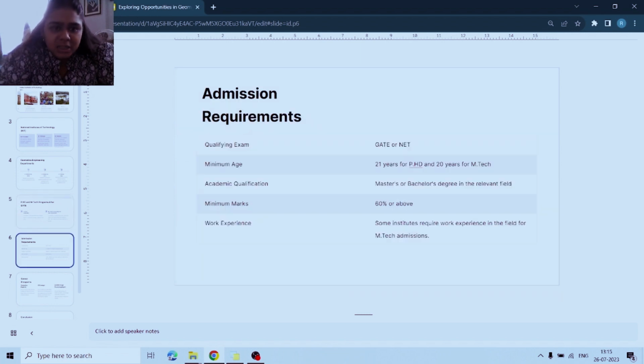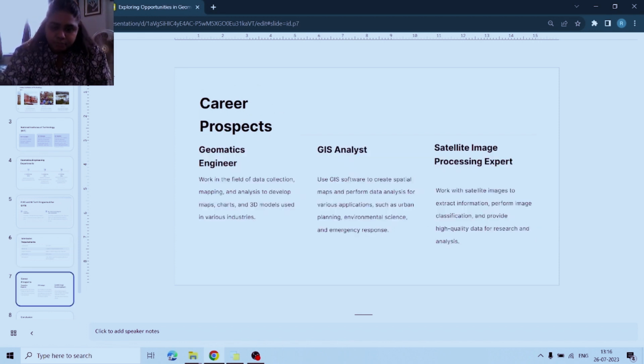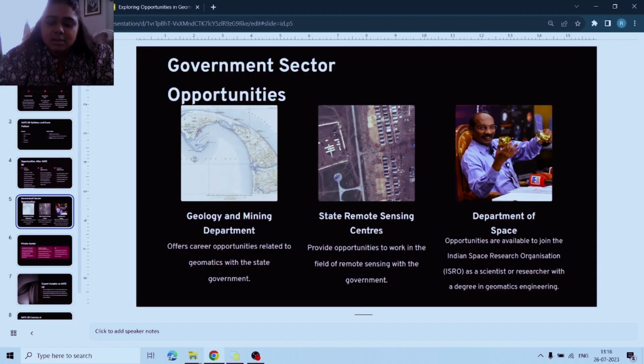So what's the basic thing you need? You need the GATE qualification. You need a minimum age of 21 years for PhD, 20 years for MTech. Academic qualification is a master's or bachelor's degree in a relevant field. Your marks in the master's or bachelor's should be 60 or more. And if you have some working experience, that will be great. That will be a plus point, right? So these are the opportunities you can get